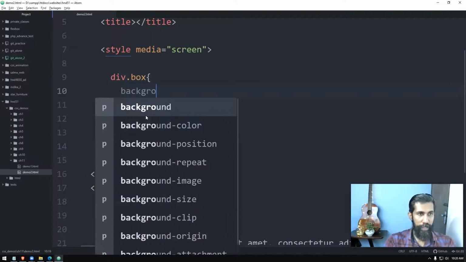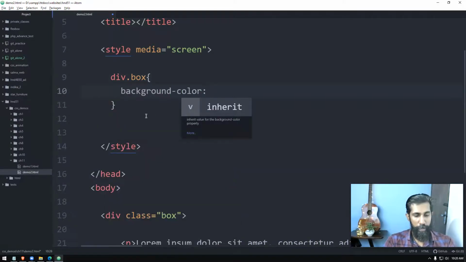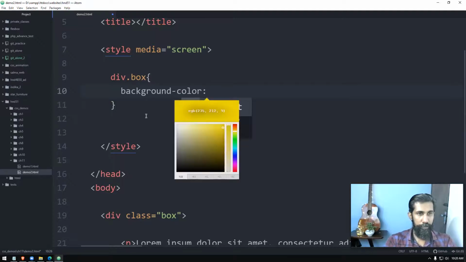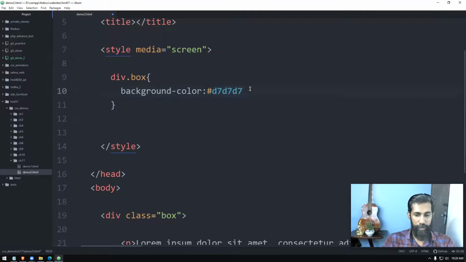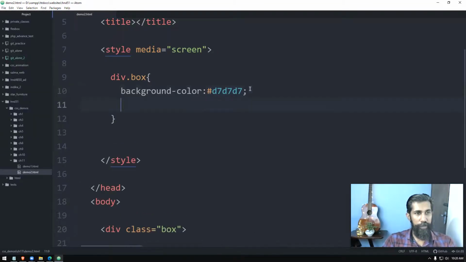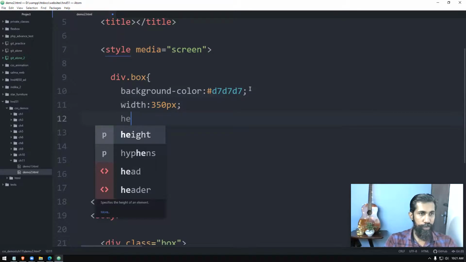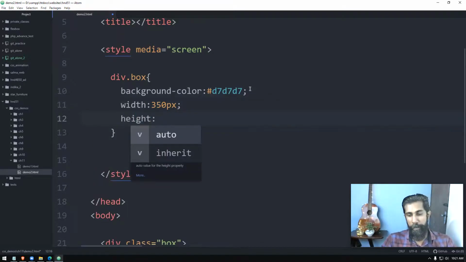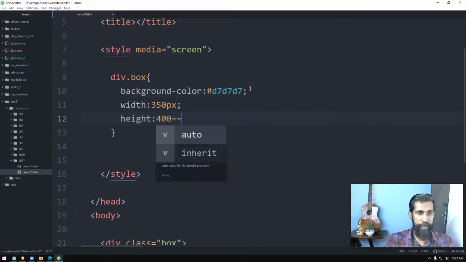We'll give a background color. I'll set a light ash color, something like that. Hope that's visible to you. And I will set a particular height and width for this. Width of this one is going to be 350 pixels. Height is going to be 400 pixels. Let's say 500 pixels.